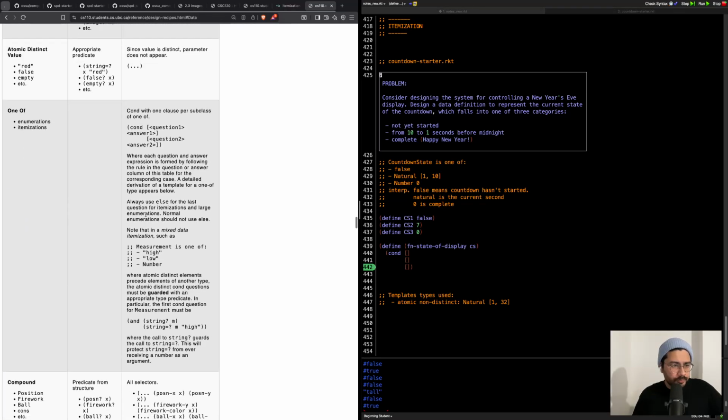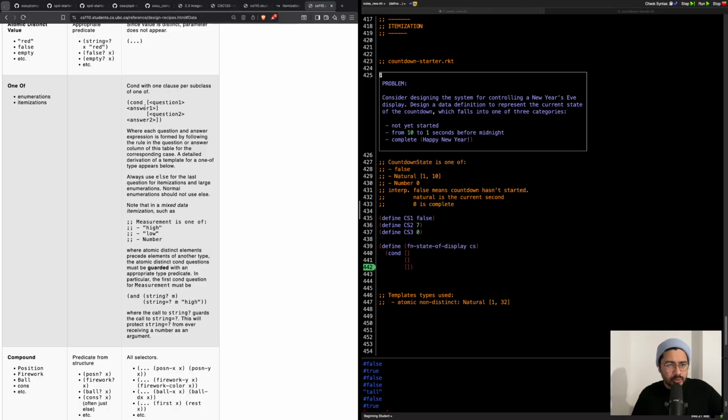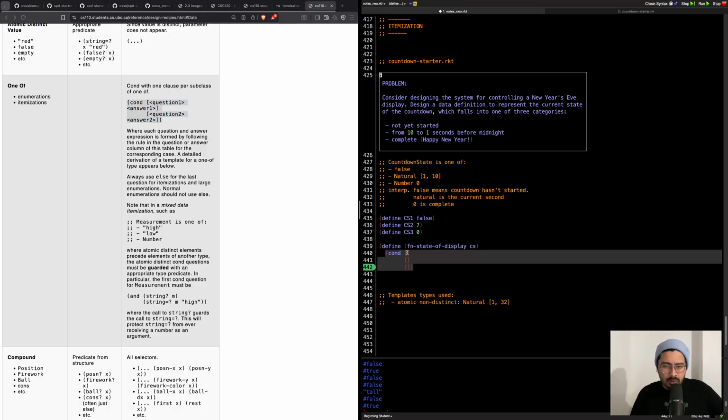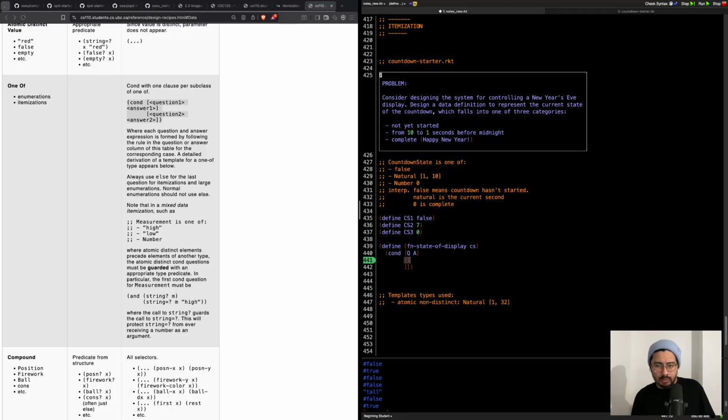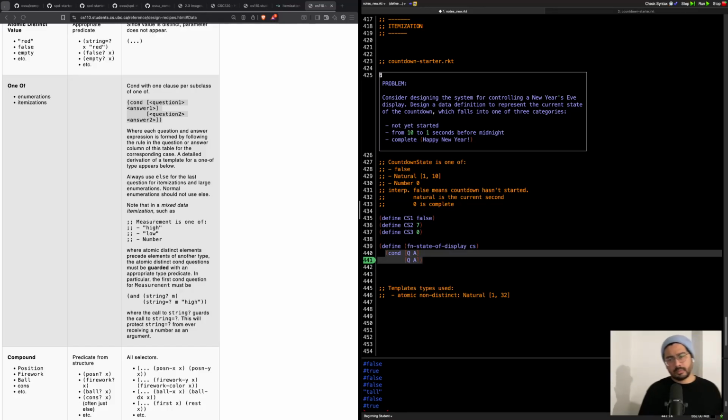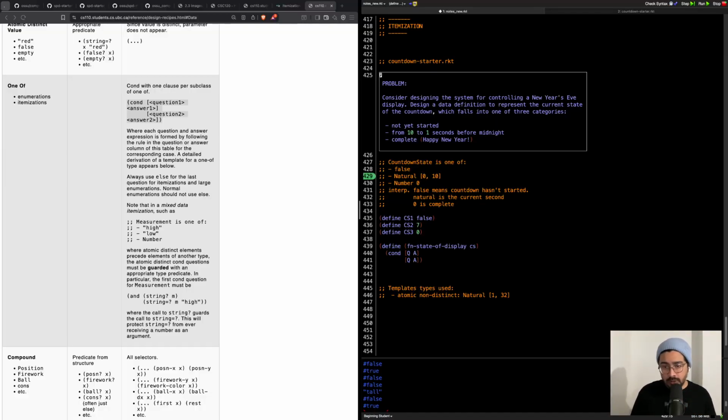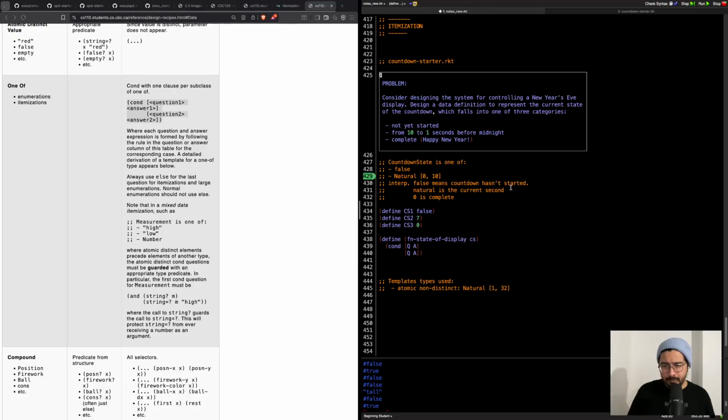Okay. Let's look at that optimization. Condition on question answer, question answer. That's what we did here, right? Okay, let's just do that. Do you know what this means? That we can have 0 here. So there's only 2 cases. Yeah, and then 0 just means complete. Anything natural. Okay, that means 1 through 10